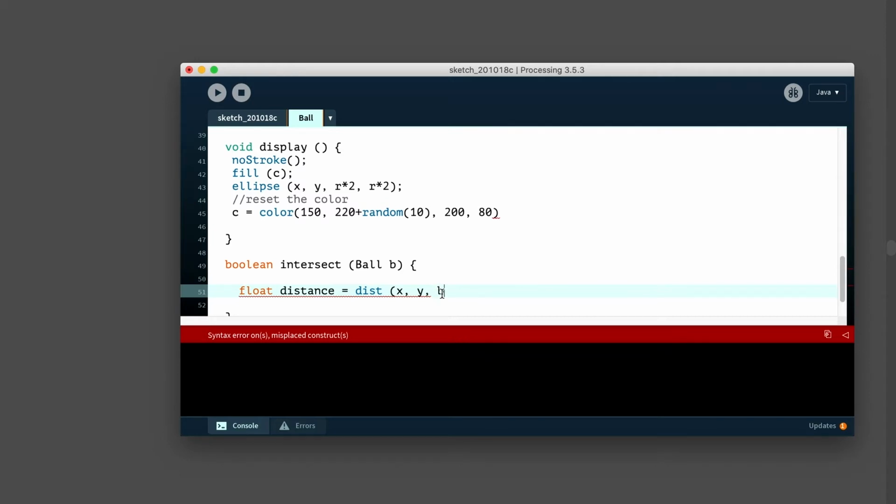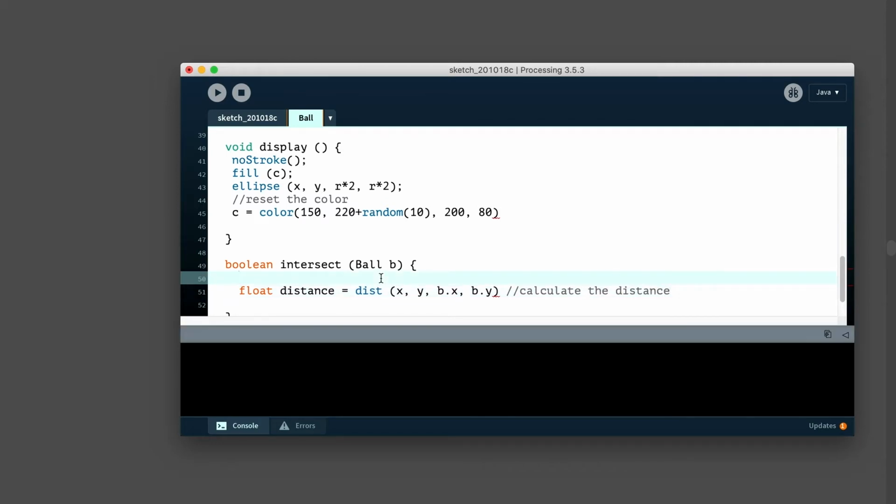So what we can do is use the name of the object, use a period, and then the name of the variable that we want, or the data that we want to collect. So b.x and b.y. That's going to allow us to feed this ball B as a parameter and then run this calculation on it. So I'm going to just say calculate the distance.